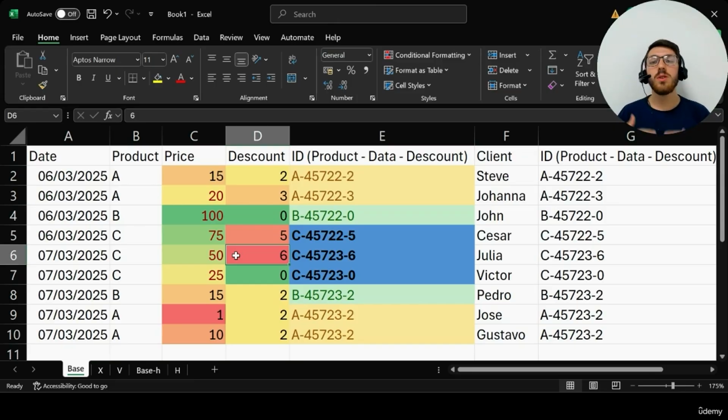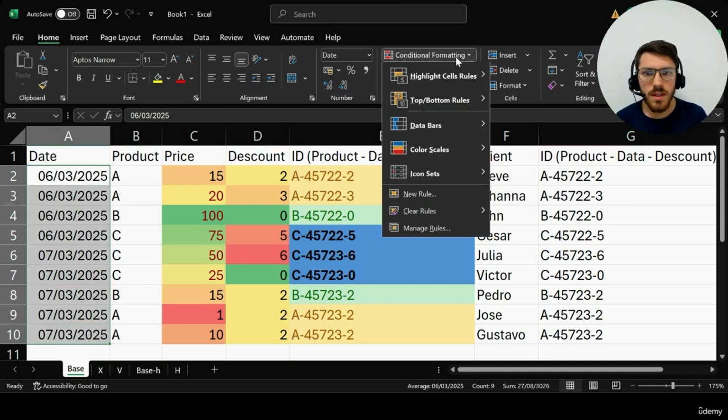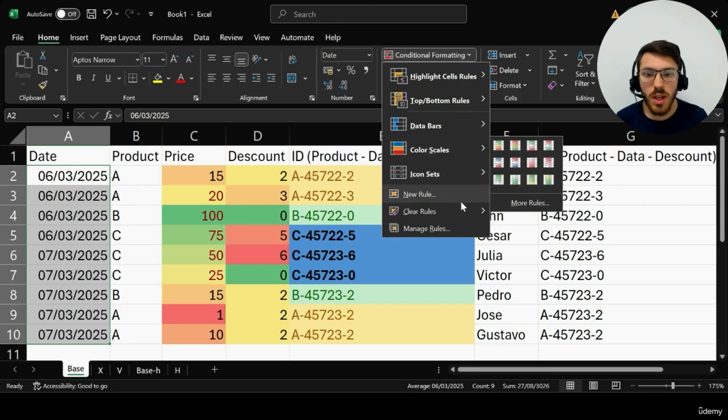So if you want to see the concentration of percentages of a discount, if you want to see your higher price and compare them with something, this is normally when we use conditional formatting, all right? It's to make something more visible. You are looking for something, but there's too much text, you are not understanding it very well, you use conditional formatting. Basically it is this, but one thing left that I almost forgot is that you can create a